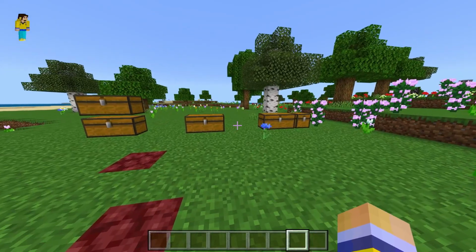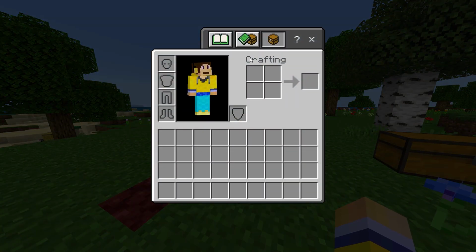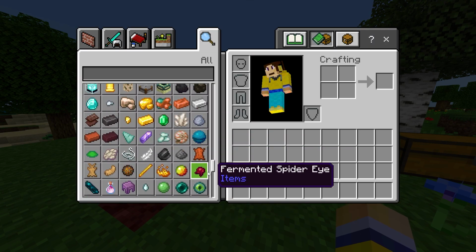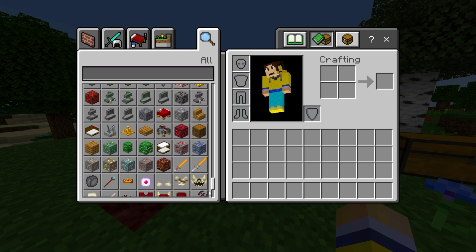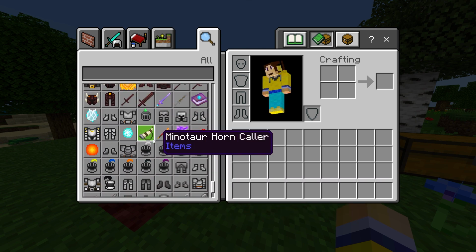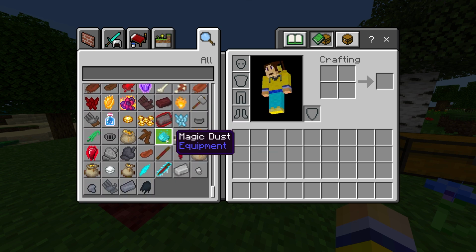Now there you have it. That's most of all the useful stuff, all the interesting stuff. If we go into our creative inventory here, I'll quickly show you all the different items in the game that this add-on adds. It starts from over here and adds all these different things. Of course, I went past the spawn eggs already, but there's a bunch of items in that you can just